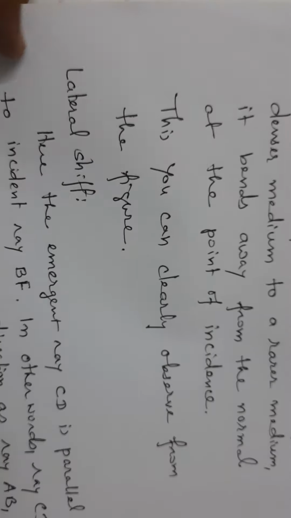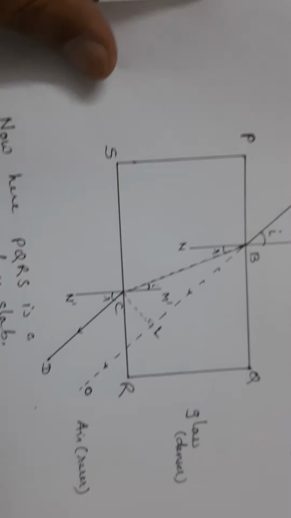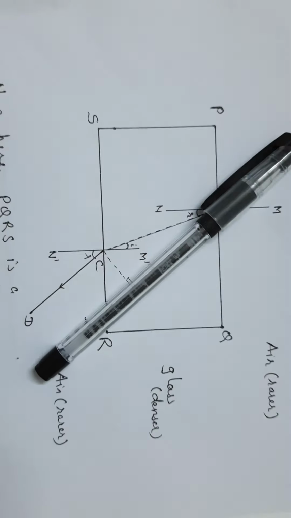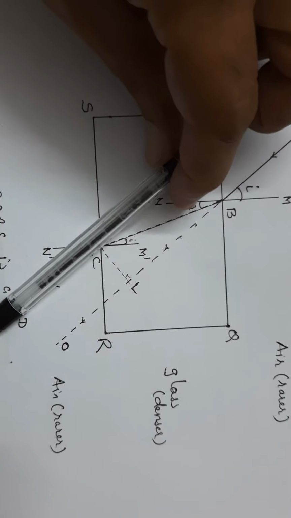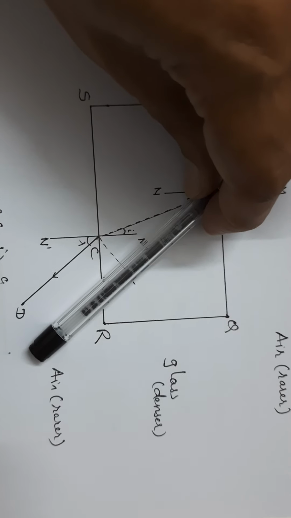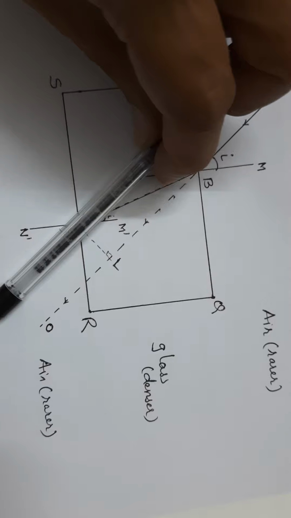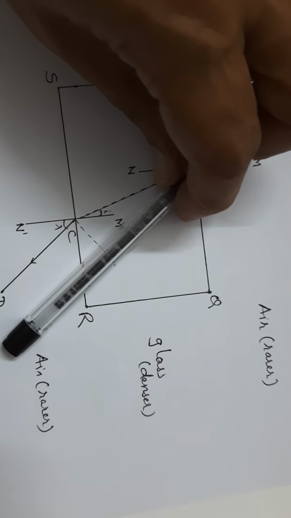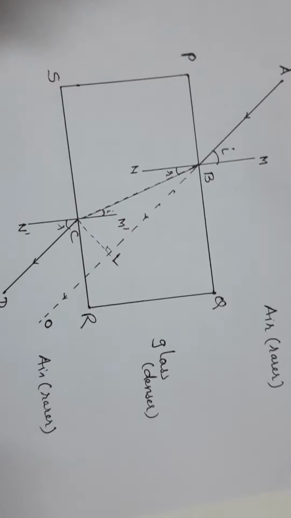Lateral shift we should know now. What does lateral shift mean? Here lateral shift has been shown in the diagram. I show you once again. This ray should have gone directly in a straight line this way. But you can see that CD is the emergent ray and it has shifted to this CD. It is shifted by distance CL. So that is what we call shift sideways. It is shifting sideways, that's why it is called lateral shift.